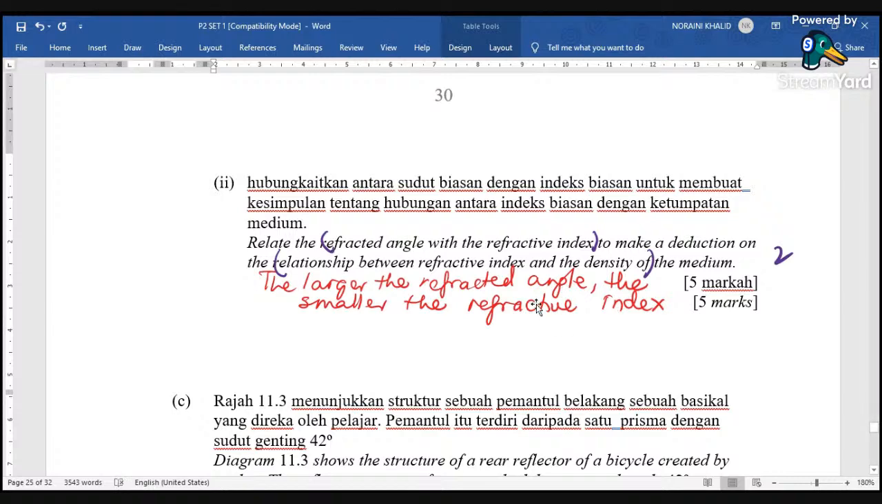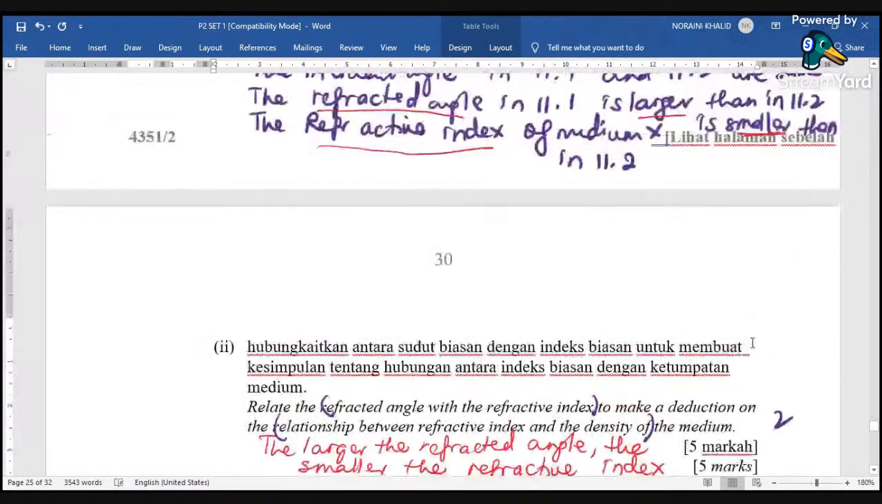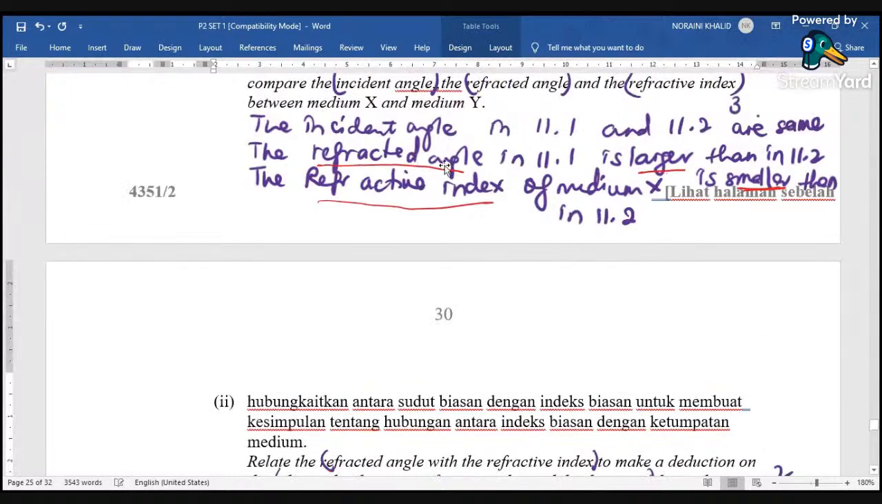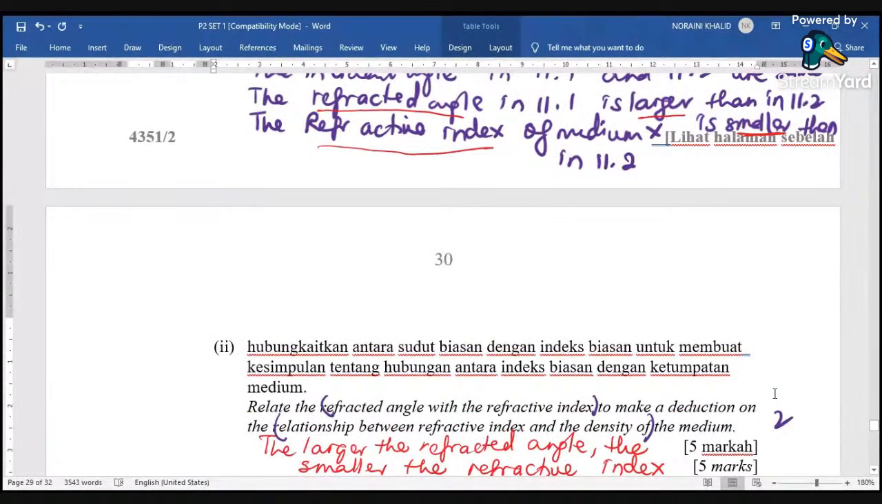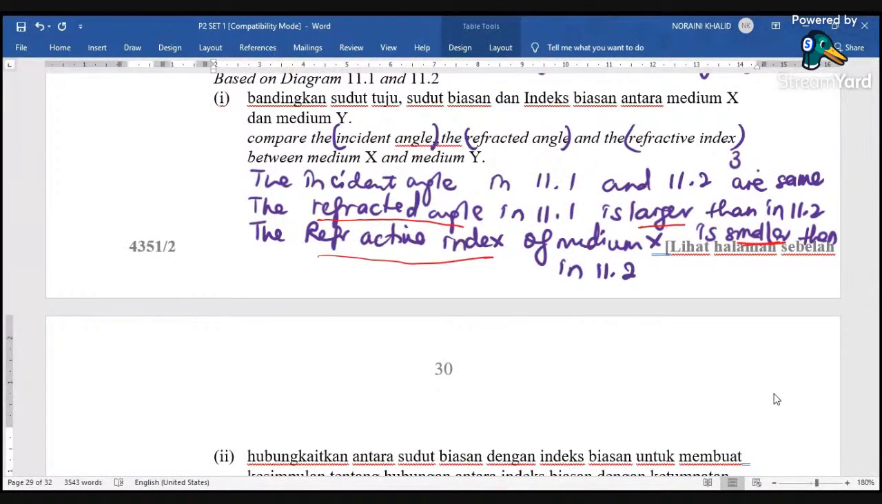Okay, refractive index and density. As you know, the refracted angle in a denser medium is smaller. Okay, if you relate to density, refractive index in 11.1 larger means less dense. 11.2 larger means denser. So the refractive index in 11.1, or medium X, is smaller,